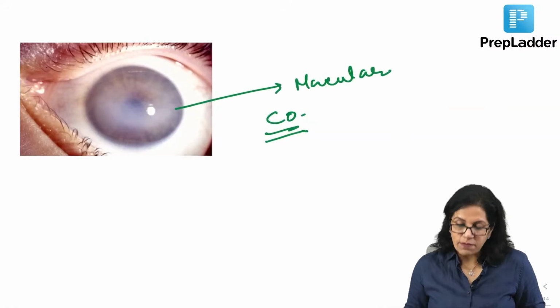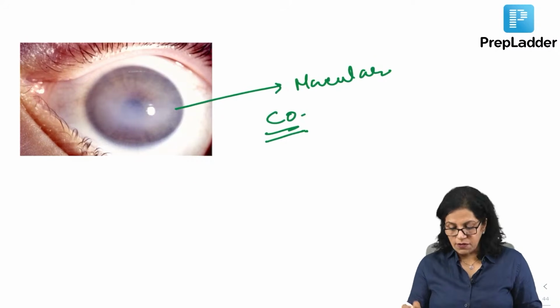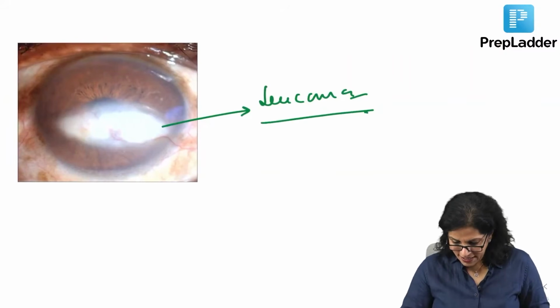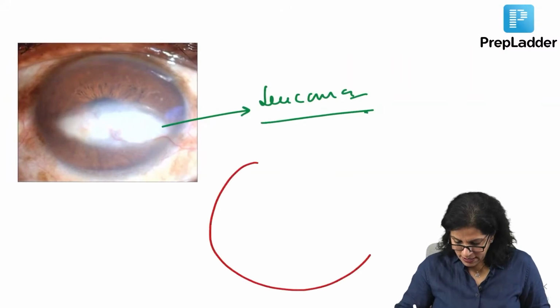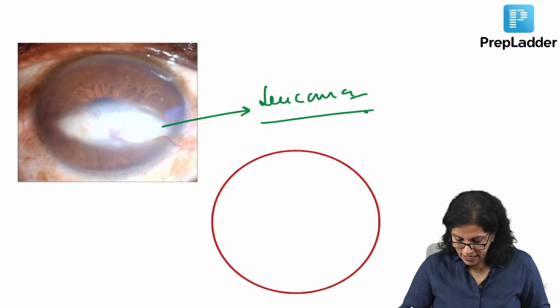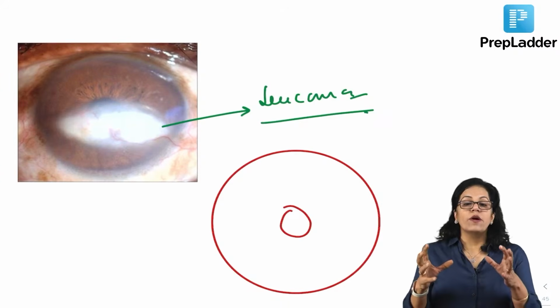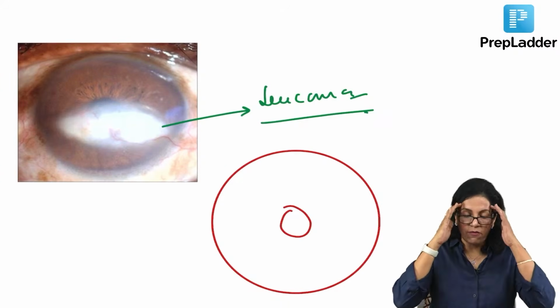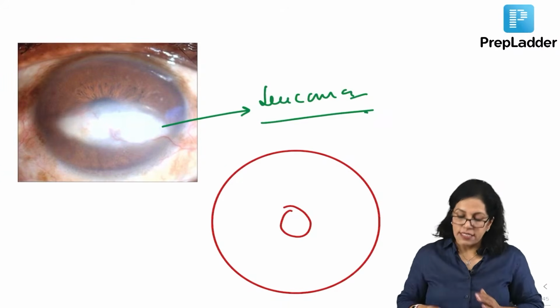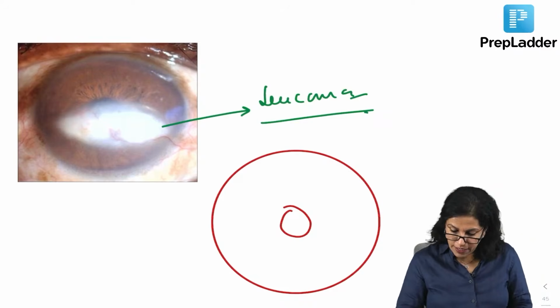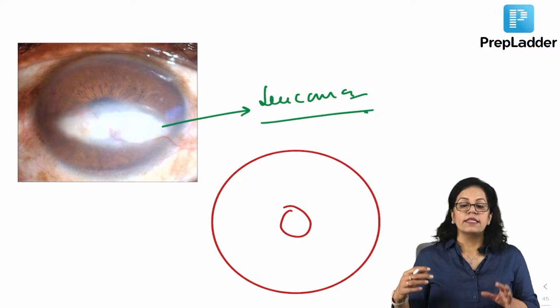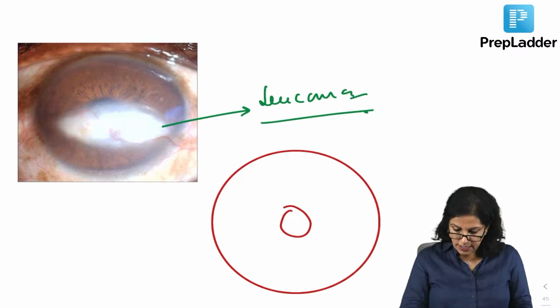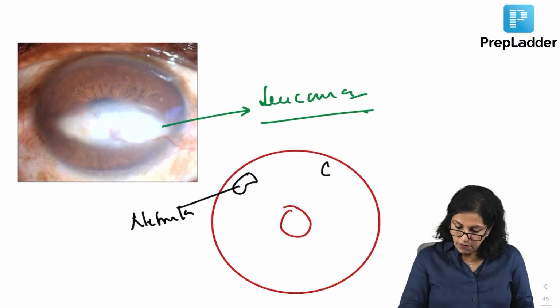Okay. There is one more important exam question, everybody knows that question. So many times we have discussed the corneal opacity. Let's focus back on the corneal opacities we were talking about. If you look at the corneal opacities, what we have to keep in mind is this: suppose there is a nebula here and one is a leucoma, what have I taught you? Which one is going to lead to more diminution of vision?